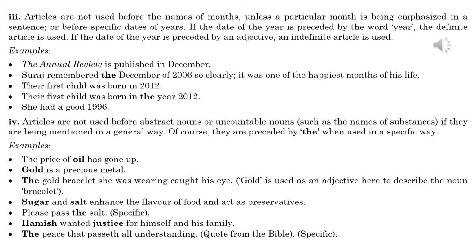4. Articles are not used before abstract nouns or uncountable nouns, such as the names of substances, if they are being mentioned in a general way. Of course, they are preceded by the when used in a specific way. Examples: